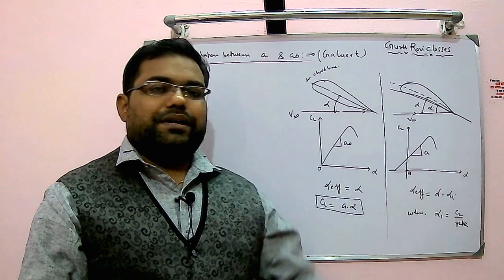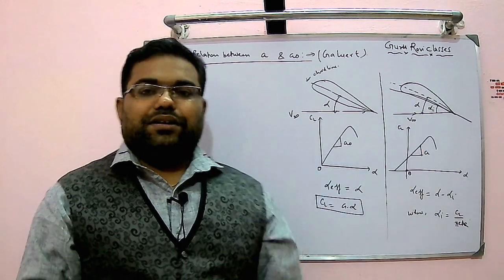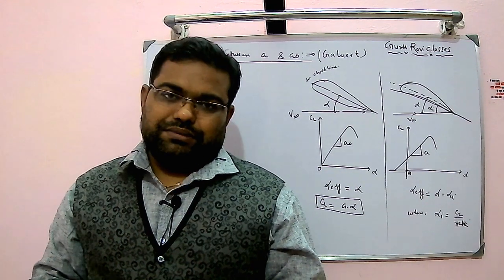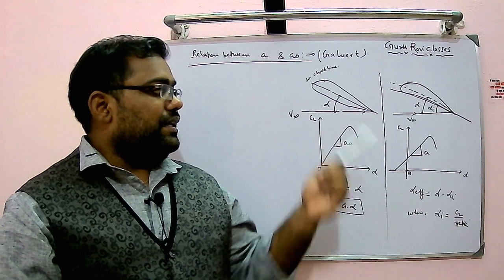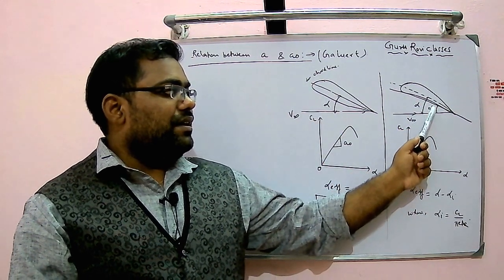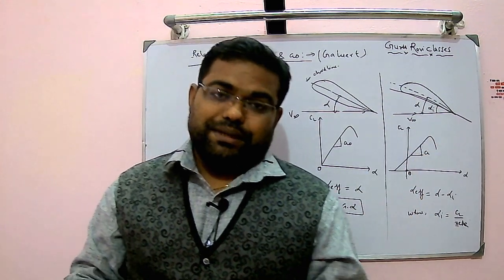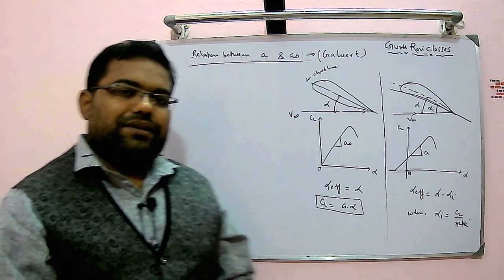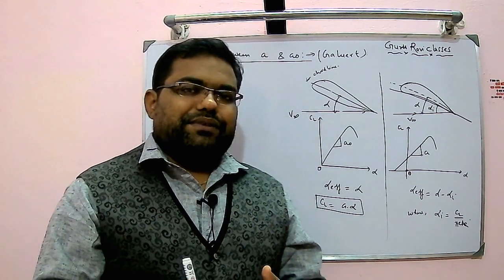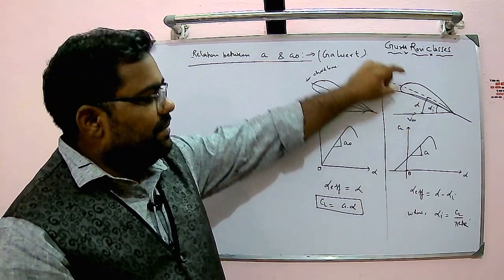If you go to the cambered airfoil, there will be a difference between the mean camber line and the chord line. The chord line is at the middle section of the airfoil. Compared with the symmetric case, the effective angle is now reduced, because of camber your chord line got shifted, and the angle between the chord line and relative wind will be called the effective angle. So the effective angle will be somewhere in between.